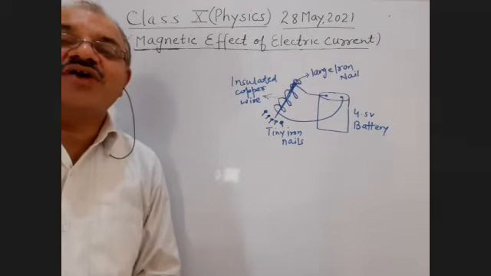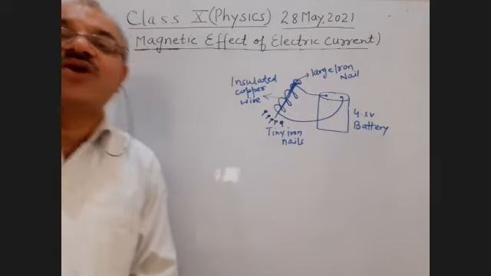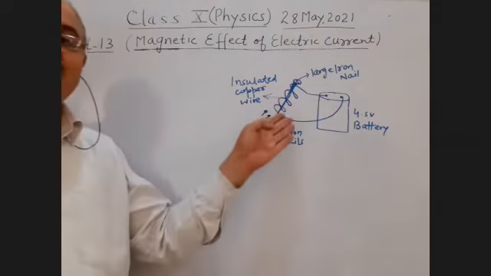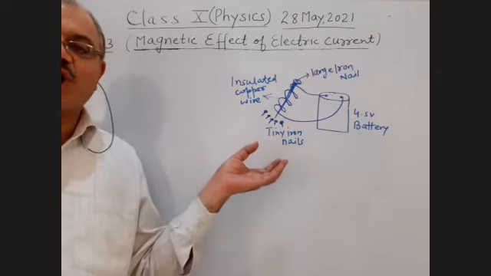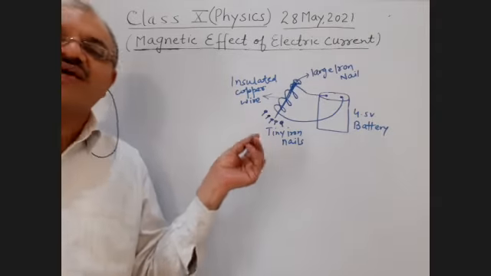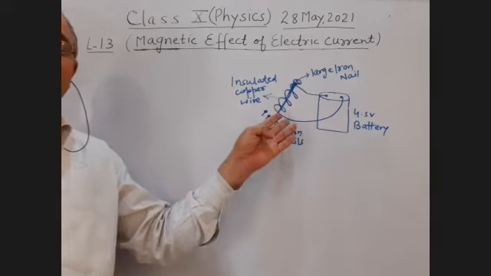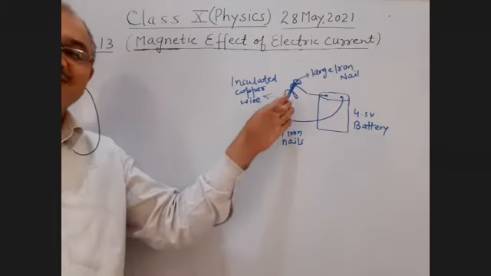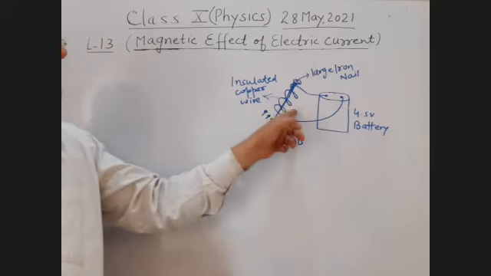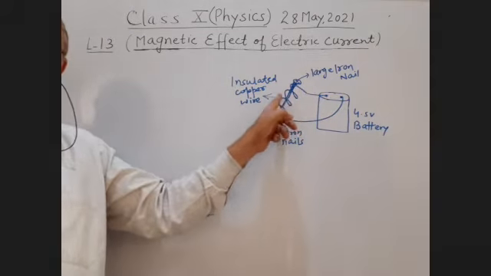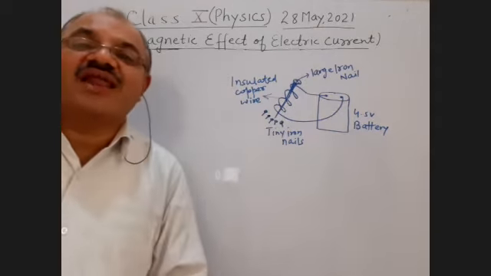it will show the magnetic effect. It will behave as a magnet. How can this be proved and detected? I'll take small pieces of tiny nails, very small nails, and as soon as I bring them near this large nail, they will start attracting toward this large iron nail. It means that when I have passed the electric current, the nail itself has become a magnet, or is behaving like a magnet.